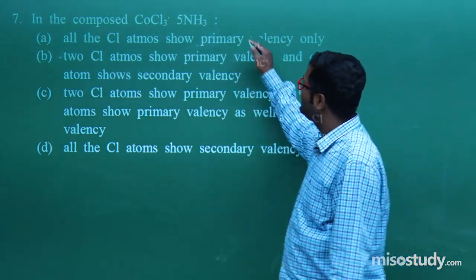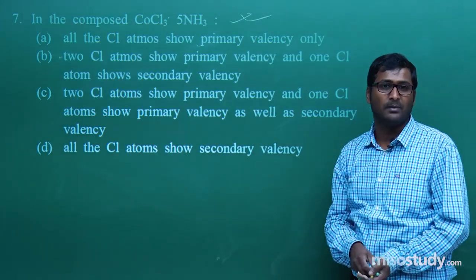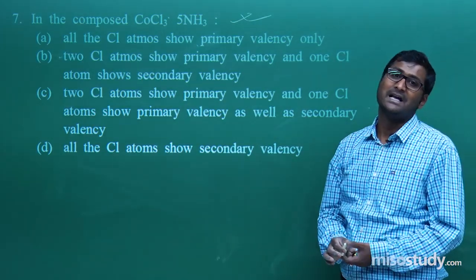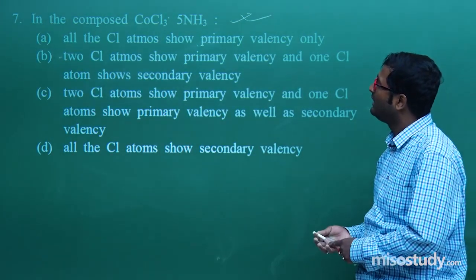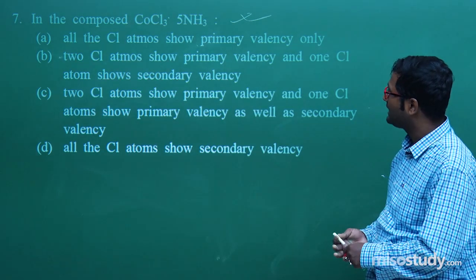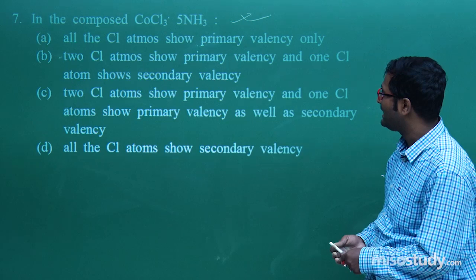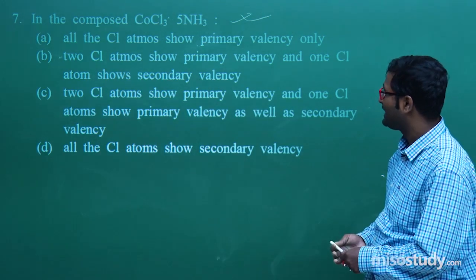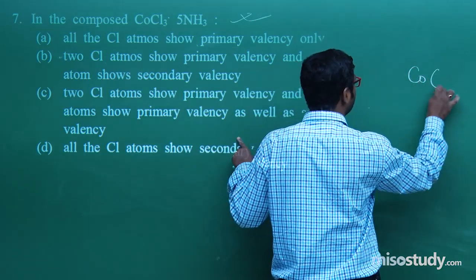I have discussed this while discussing Werner's theory. According to Werner's theory, do you remember the two types of valency, primary and secondary valency? All Cl atoms show primary, not possible. 2 Cl atoms show primary valency and 1 Cl atom shows secondary valency. 2 Cl atoms show primary valency and 1 Cl atom shows primary as well as secondary. Yes, this is the correct one, because the correct representation is